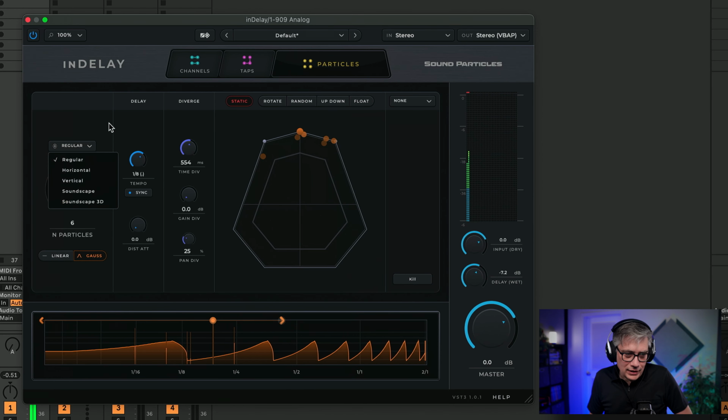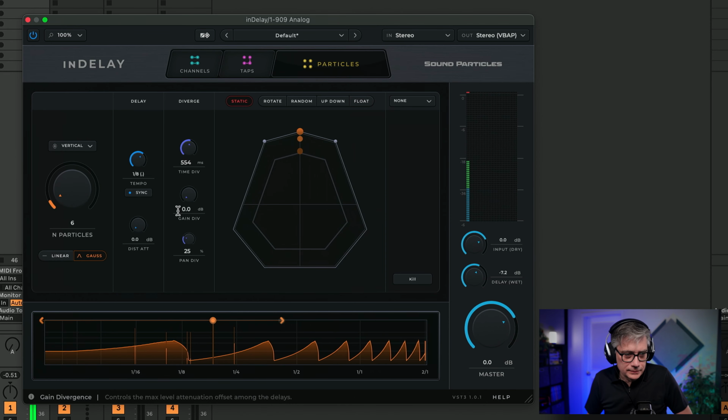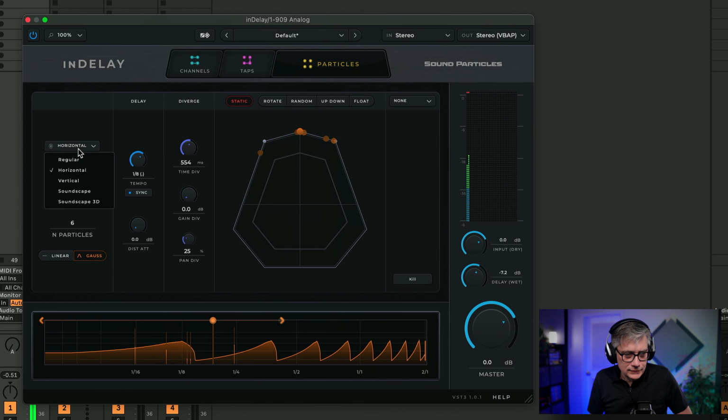Then here you have a regular button where you can change different types of how these particles are distributed. Here they are distributed vertically, horizontally, and so forth, or regular.